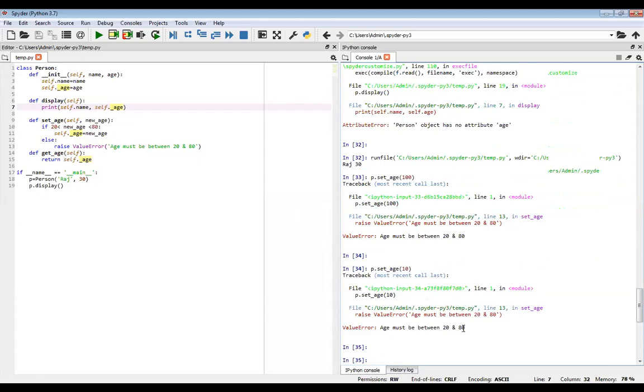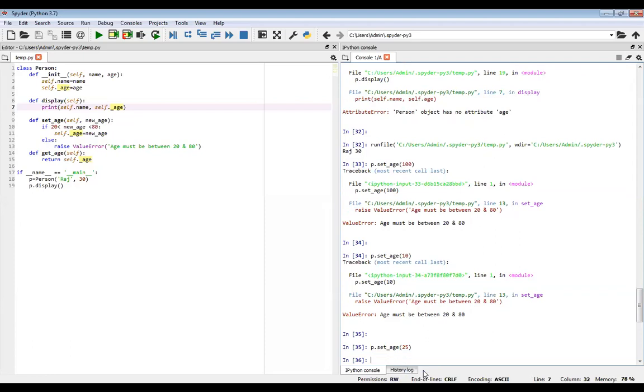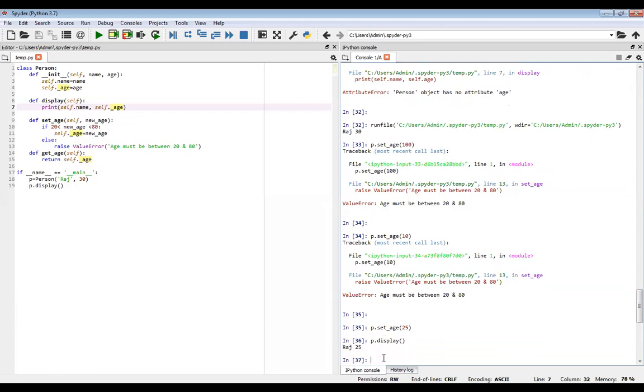Suppose instead I put 25, so it will accept, right? It is accepted. And if I print the display, it will print the value, that is Raj, the name, and the age is 25.